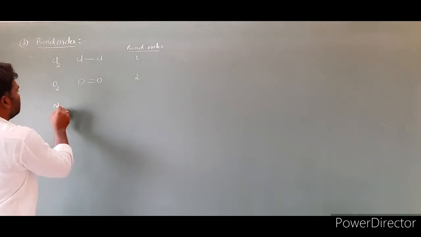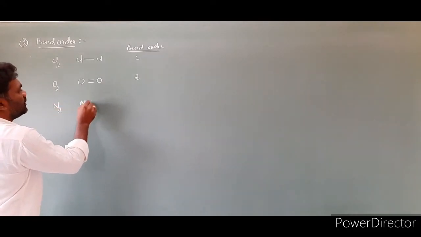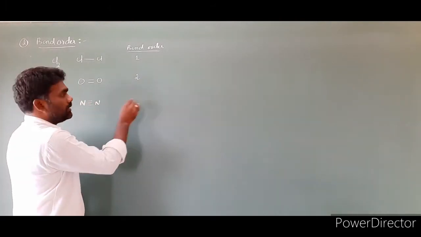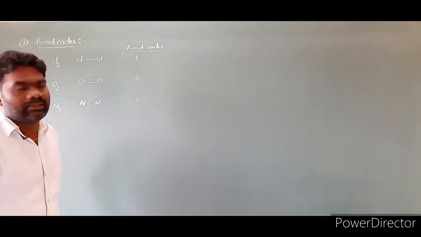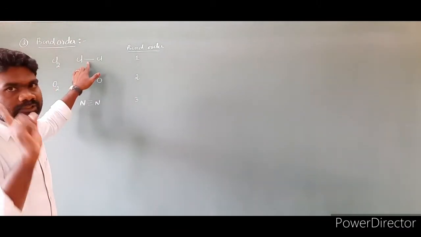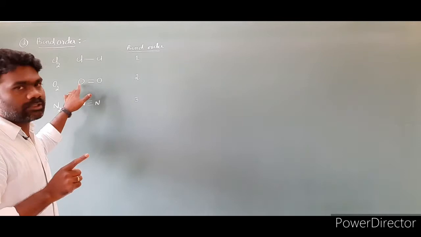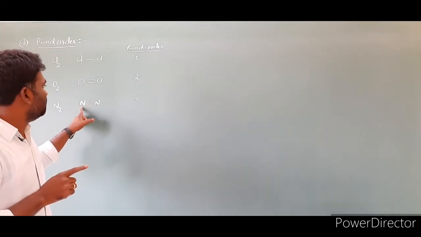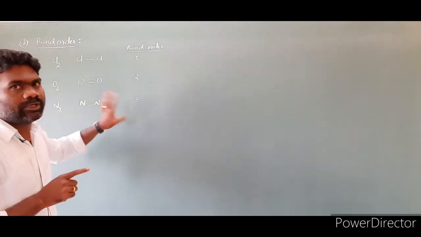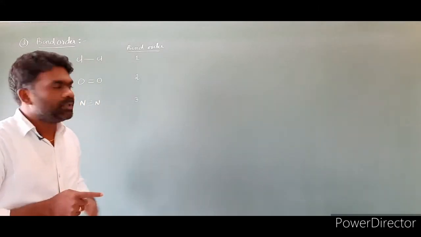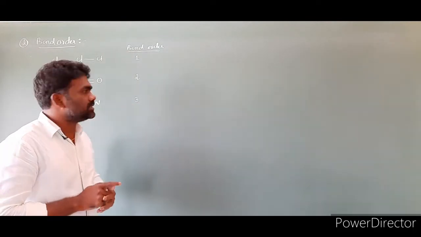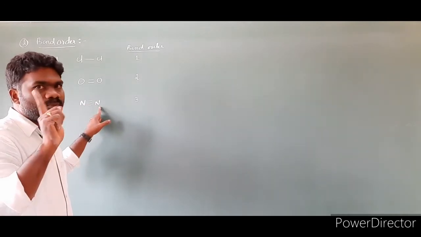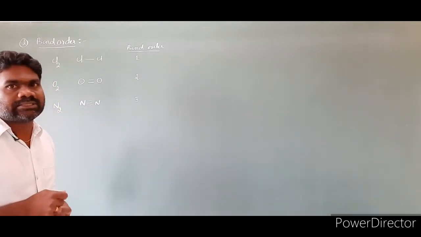And I am taking another example, the N2 molecule. N triple bond N. Clear? Then the number of bonds is 1, 2, 3. The bond order is equal to 3. So the chlorine molecule has one bond between two atoms, the oxygen molecule has two bonds between the two atoms, and in the nitrogen molecule between the two nitrogen atoms 3 bonds are present. The bond order is equal to 3. So the same sentence we have to write: the number of bonds between two atoms in one molecule is called bond order.